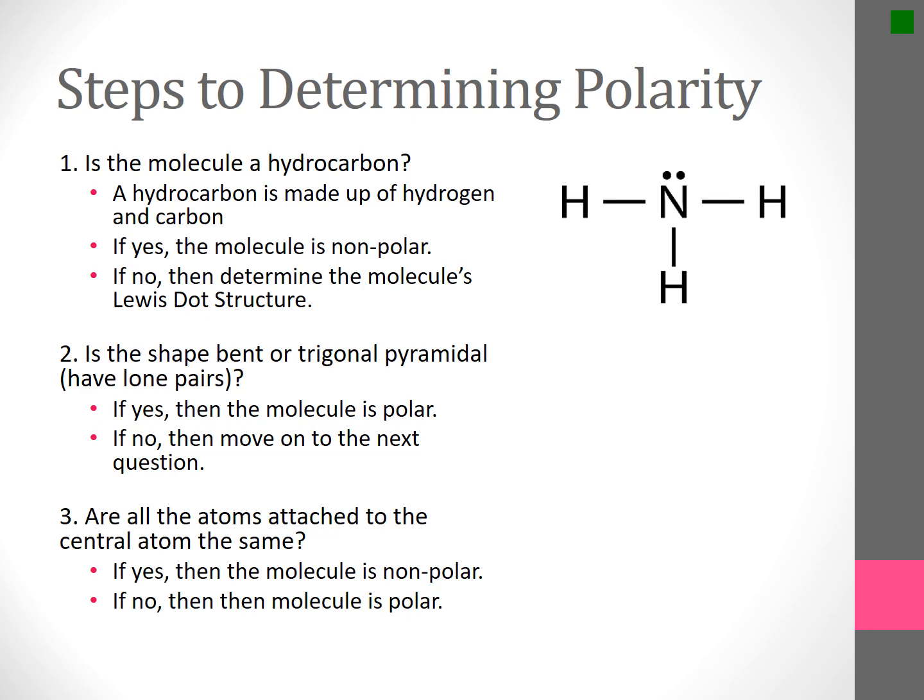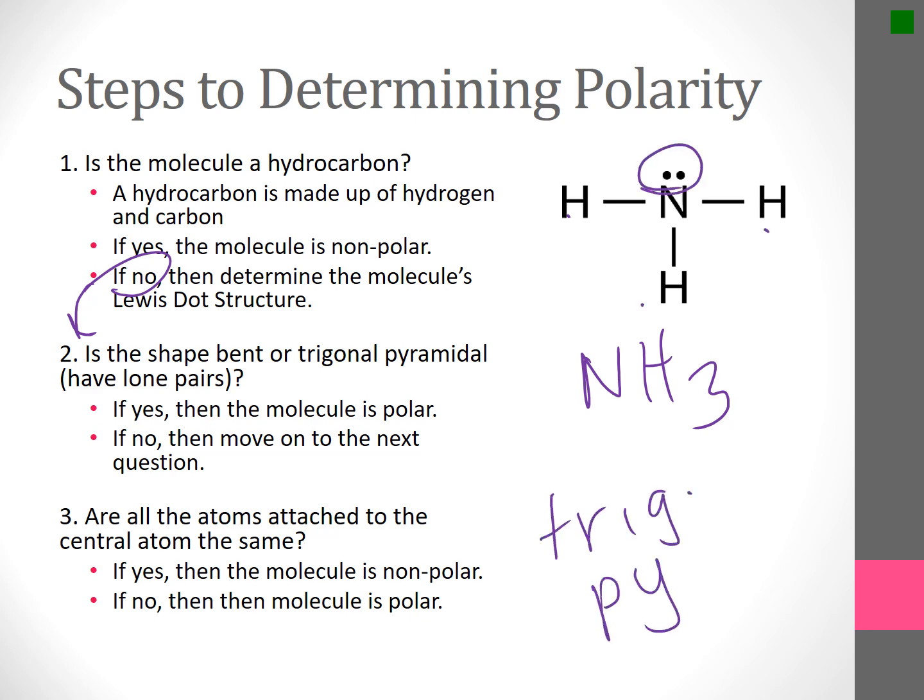Now let's do the next one, NH3. Is this a hydrocarbon? I do have hydrogen, but I don't have carbon, so it is not. So I need to figure out my shape. Looking at my shape, it is attached to 3 different things with 1 lone pair, so this would be trigonal pyramidal,